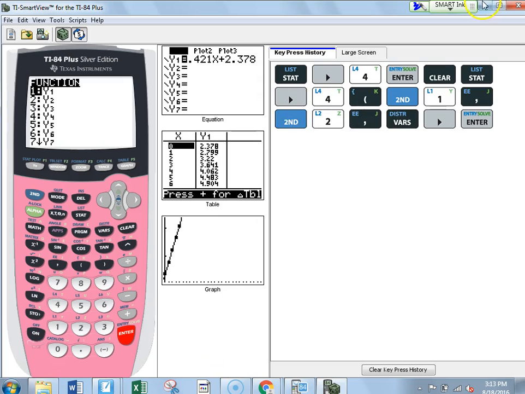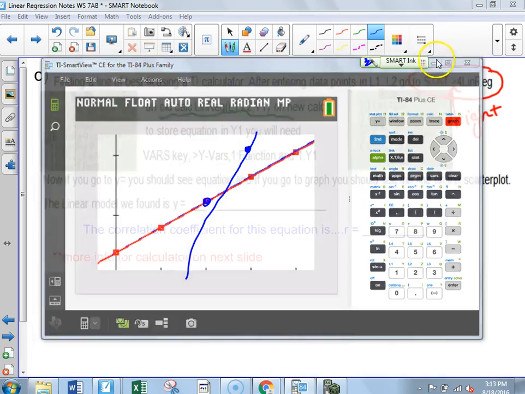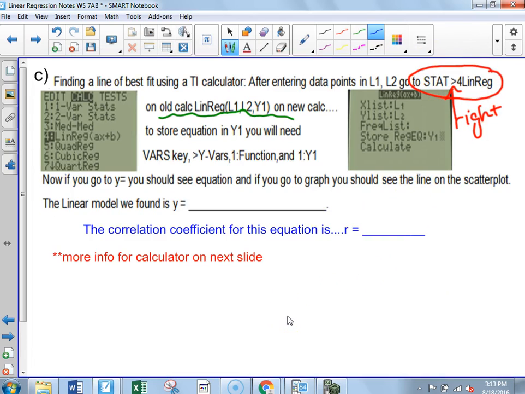Do we need to do something with that equation? I feel like we do. It says write it down, right? Y equals, and it will say on the quiz linear model, and people don't know what that means. It just means write the equation down that we found. It was y equals 0.421